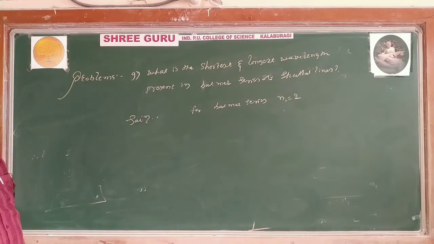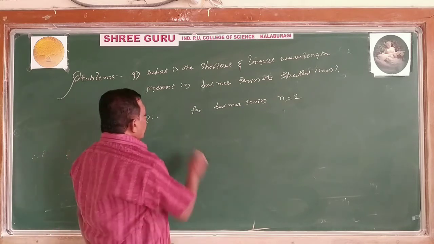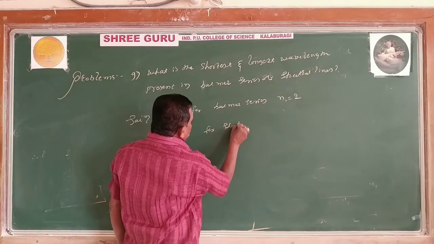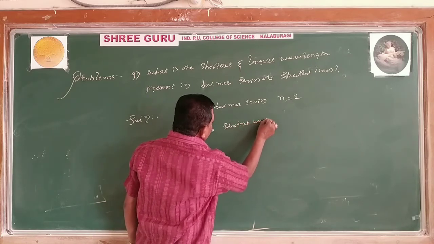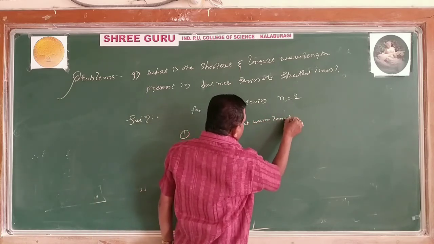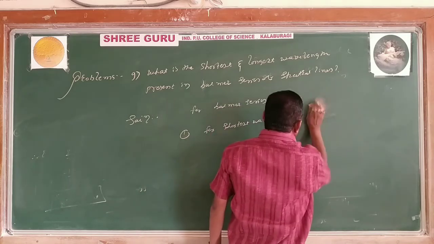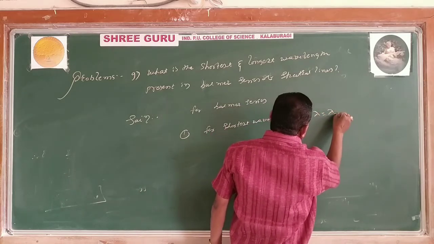Then, number 1, for the shortest wavelength, lambda minimum,